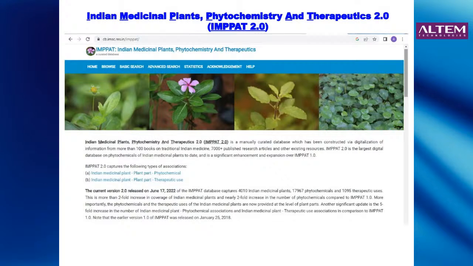Along with this structure, we went to a database maintained by the Ayush department, the Government of India Ayush department, called IMPACT. This IMPACT database again is a wonderful resource. It has the 2D and 3D chemical structures of all phytochemicals in different Indian plants. So in India we have different traditional medicine systems, starting from Ayurveda, Unani, Siddha, and whatnot. Many different traditional medicinal practices have been ongoing in this country for thousands of years. So all this knowledge has been brought into this website.